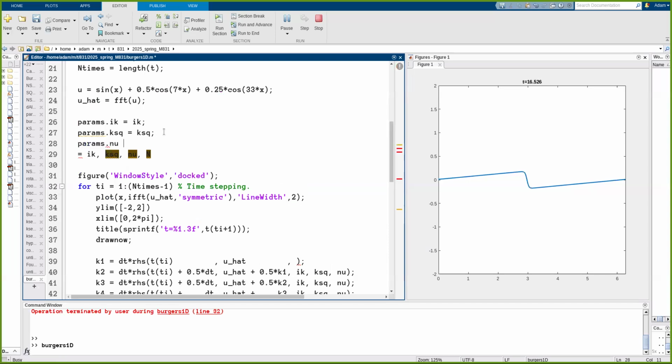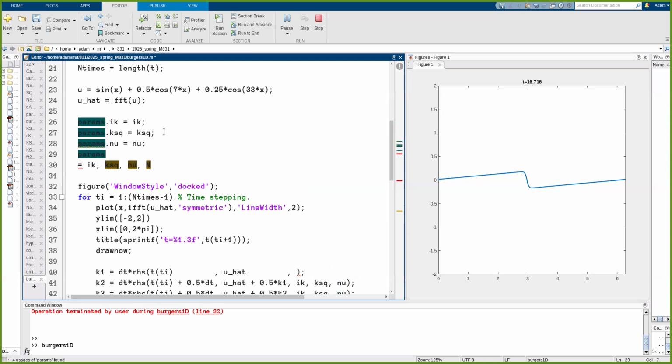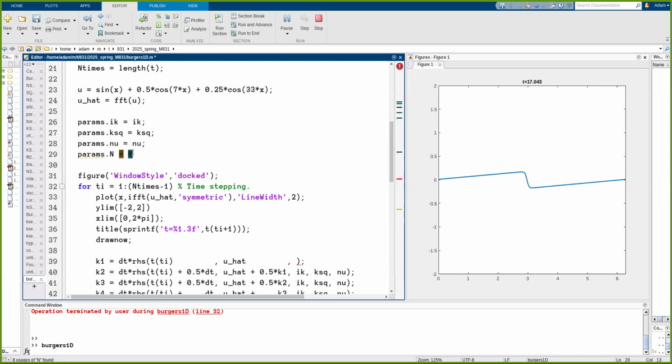Params.new is equal to new, and params.n is equal to n. The advantage of this, even though it's a little bit annoying to write all this in the first place, is